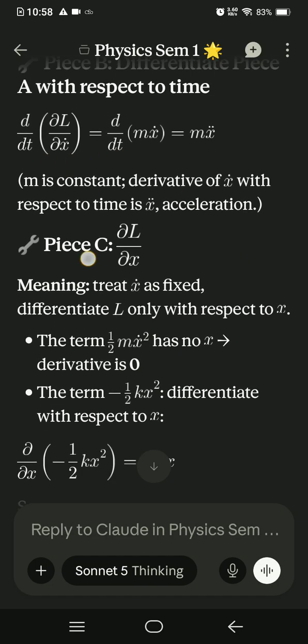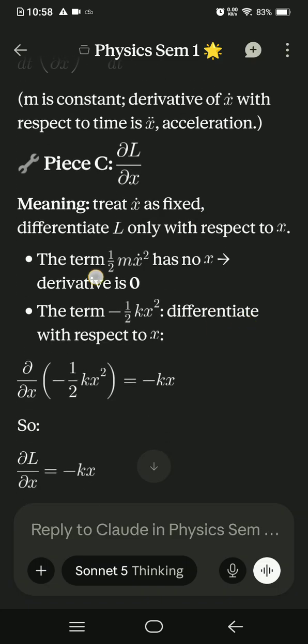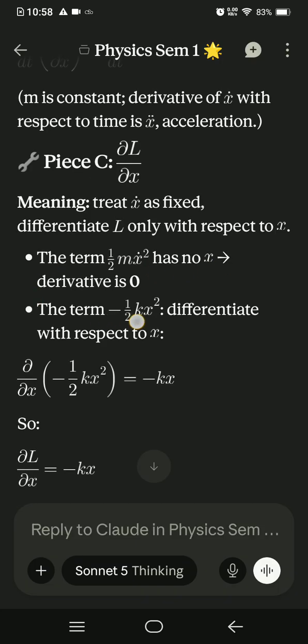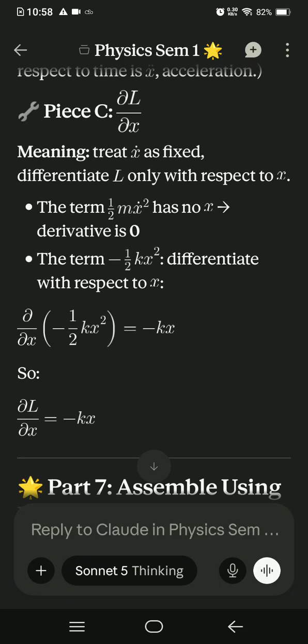Now we are going to do partial differentiation of L with respect to x. So now x dot is going to be treated as constant, it's fixed. So since x dot is fixed, this term now becomes 0, cancels out, right? Since it has no x, and this term x squared is going to become 2x, k is constant anyway, then the 2 is going to cancel out. We are going to be left with minus kx,